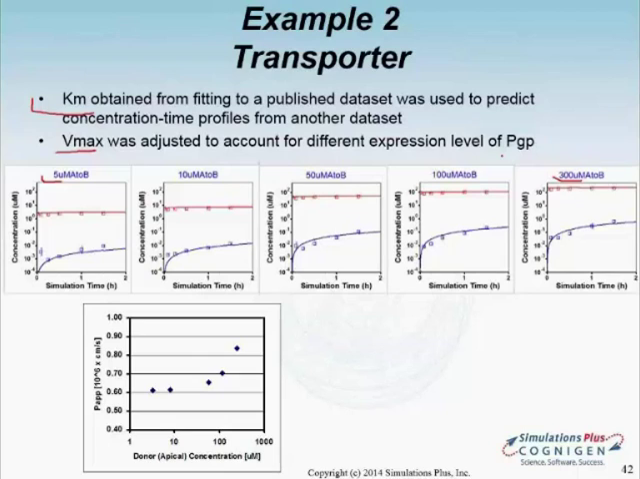Since these measurements were done in a different experiment and a different system than the data that we used to fit the KM and Vmax values, it is possible that the PGP expression levels would be different and the Vmax would need to be adjusted. But the KM was used exactly as fitted to the previous data set, and as you can see, it was able to nicely reproduce both donor as well as acceptor concentrations for all of these 5